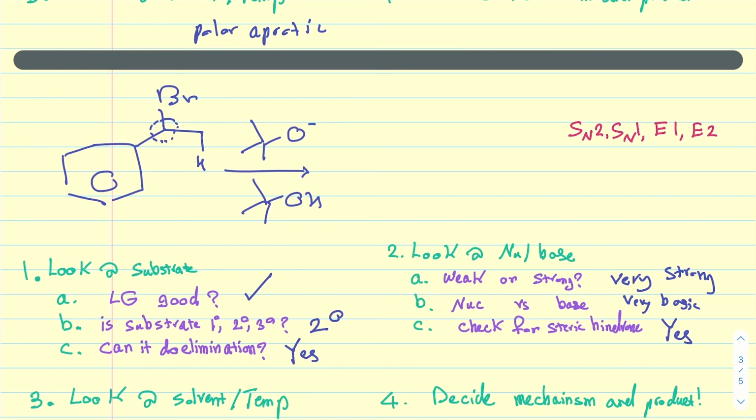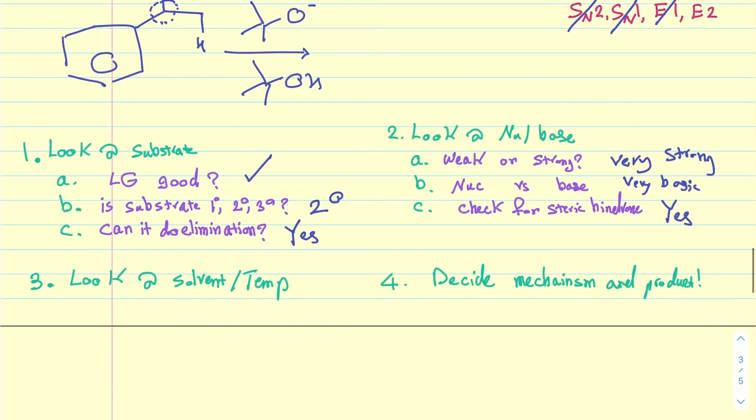So when you have a strong base and nucleophile, that pretty much eliminates the possibility of SN1 and E1. And since we have a very strong base that is not super nucleophilic and is sterically hindered, I'm going to rule out SN2 as well, so that leaves us with E2. But let's check the solvent. Solvent is